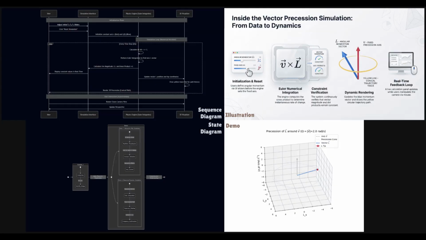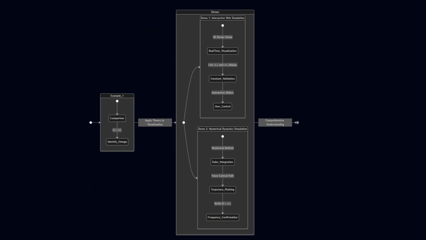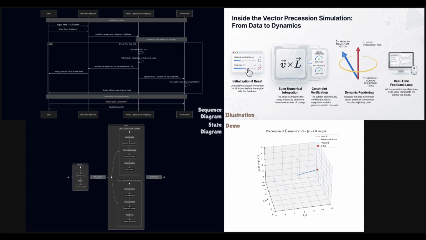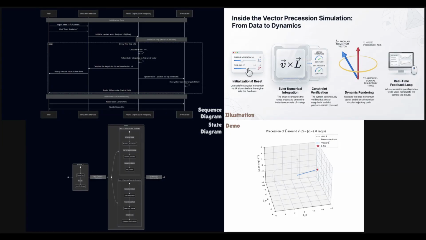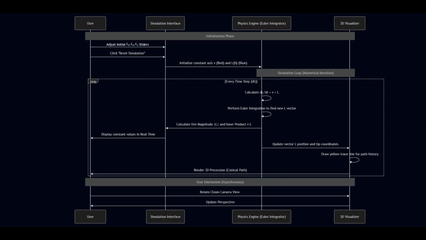The state diagram outlines the evolution of the project, starting with the foundational principles established in the derivation sheet. This journey begins with a rigorous mathematical proof showing that when a vector's movement is governed by a cross-product relationship with a fixed axis, two specific physical properties remain unchanged: the length of the vector and its angular relationship with